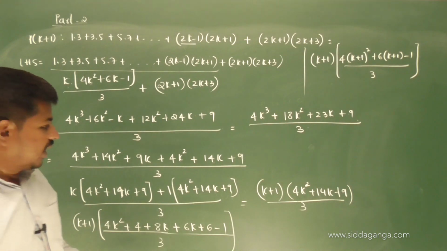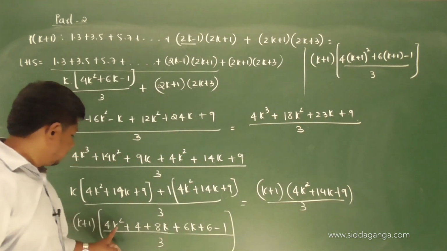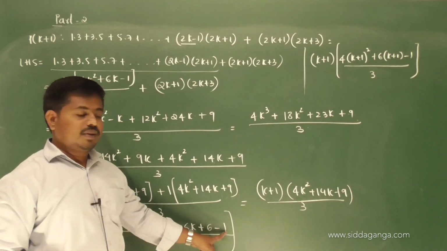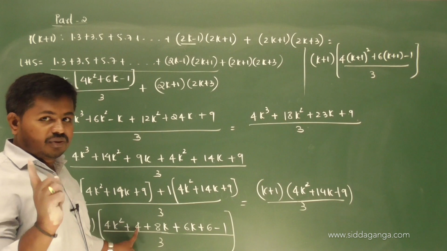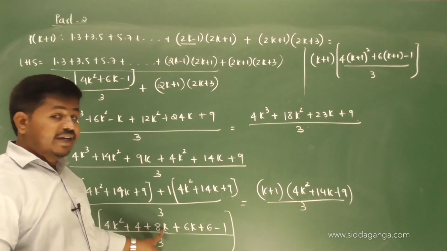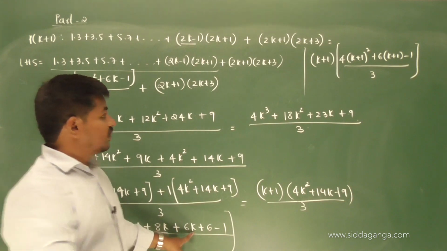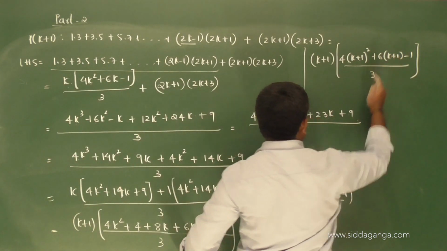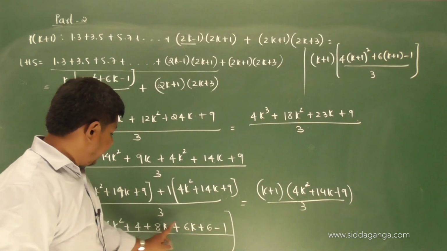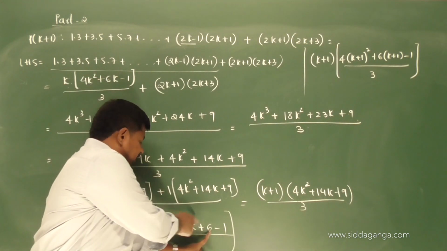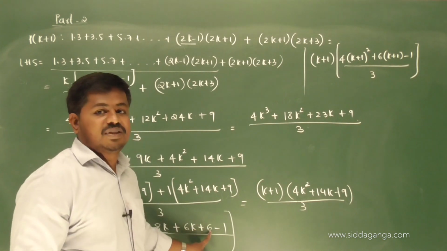Very simple. I have written 4k square as it is, 9 as 4 plus 6 minus 1. Because here we need 1. If we take 4 outside, we get 1. Here we need 2k. If we take 4 outside, we get 2k. 6 into k plus 1 we need. So I have written 6k, 8k plus 6k. But here what remained? When you write 4, the remaining thing is 5, no? 5 I have written as 6 minus 1.